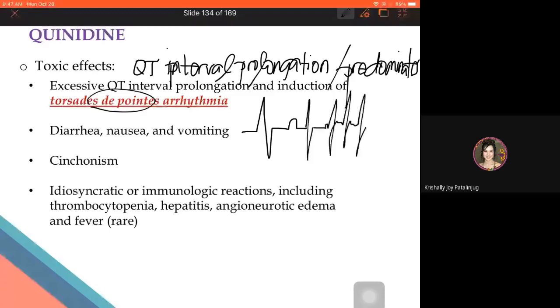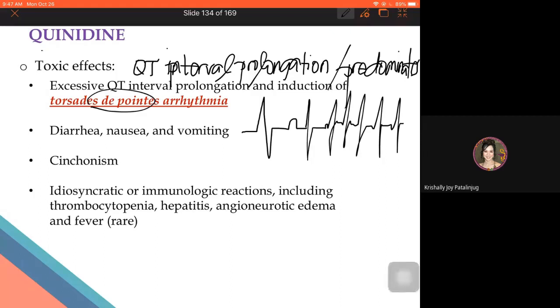So, yan yung nangyayari kapag may Torsades de Pointes arrhythmia yung patient. Yan yung ECG. So, this signifies again QT interval predomination, which is a form of ventricular tachycardia. Di ba? Nagkakaroon ng ventricular tachycardia. Isa siyang form ng ventricular tachycardia. So, the point here is, si